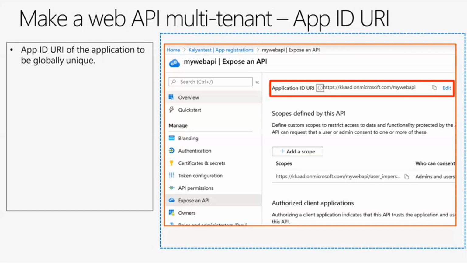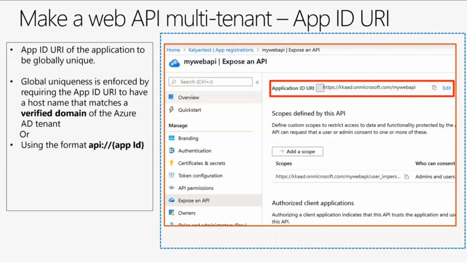That's because if applications in any Azure AD tenant have to get an access token issued for your API, the resource or app ID URI needs to be unique across the whole Azure platform. We enforce this by either forcing you to use the verified domain.